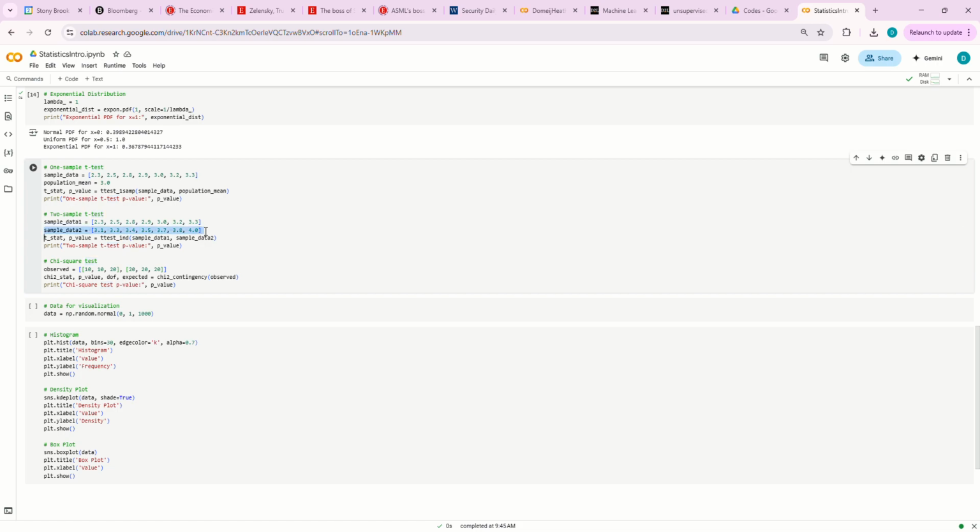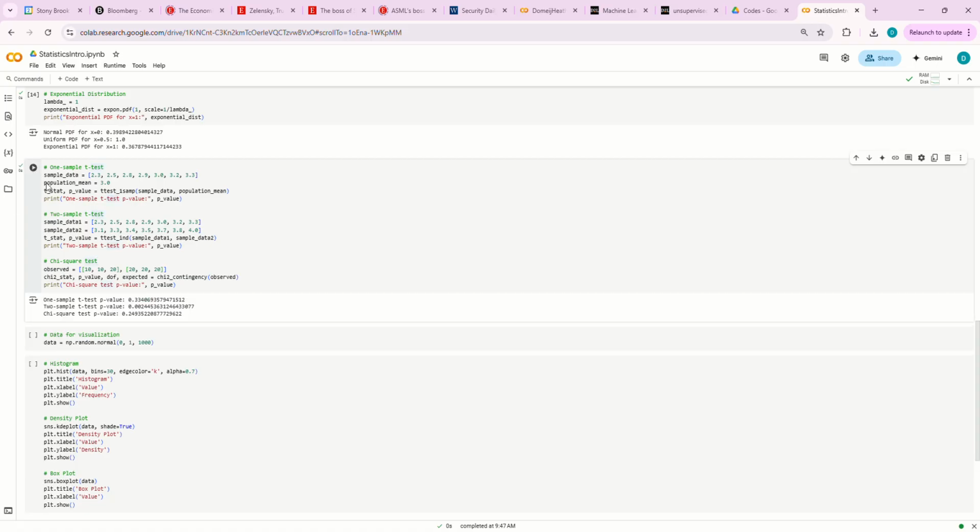This is the two-sample t-test. So we're going to take the t-stat, p-value, sample data 1, sample data 2. We're going to do the same thing with a chi-squared test. So there you have it. 3